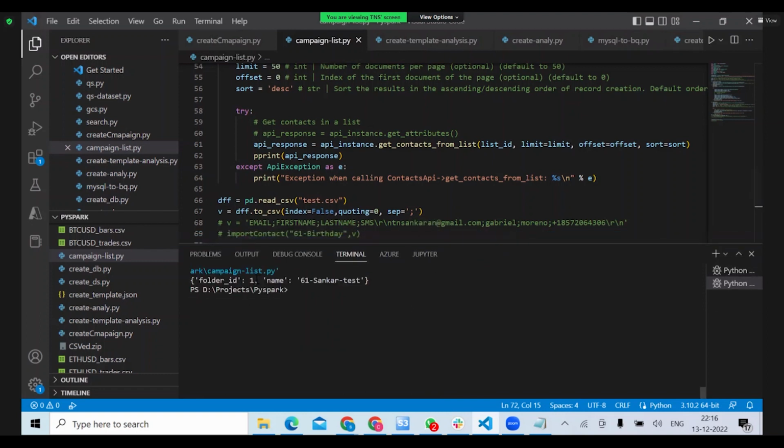This is going to be creating the folder ID one and the name is